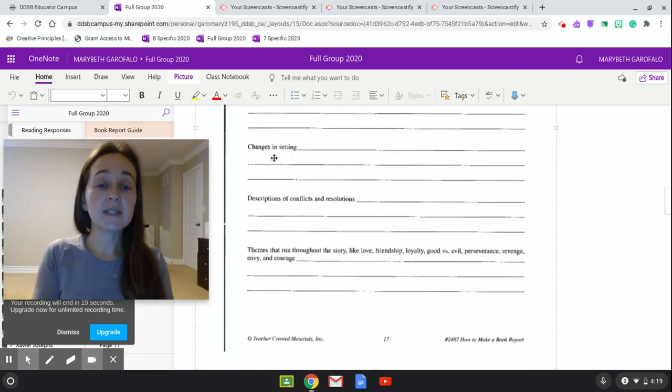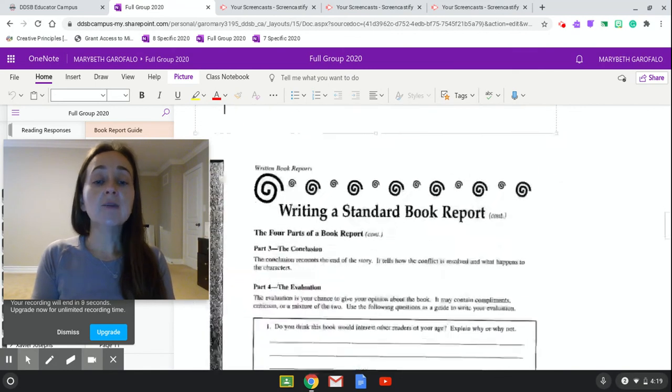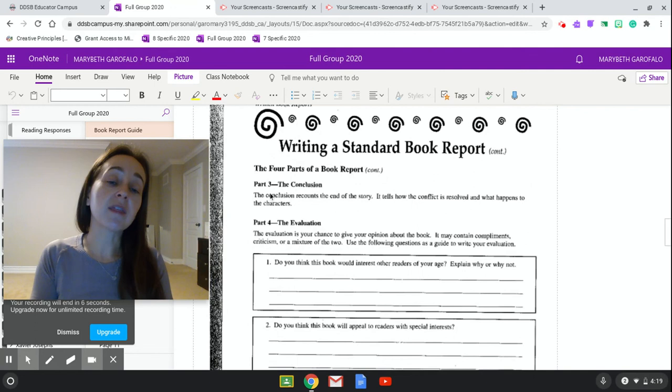Then you're going to talk about the settings, including the time and place. Then there's the conflict and resolution and the theme that runs throughout. And they give you a long list here of ideas for theme. Okay. Then you're going to do your conclusion where you tell us the end. Okay. Don't leave us on a cliffhanger. Don't expect us